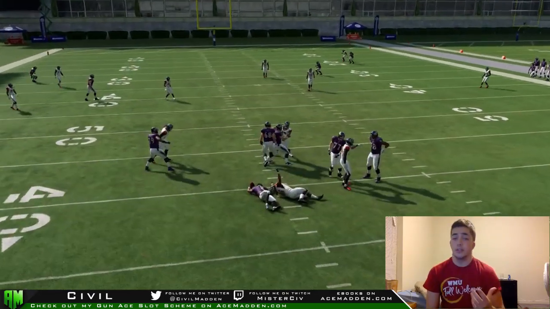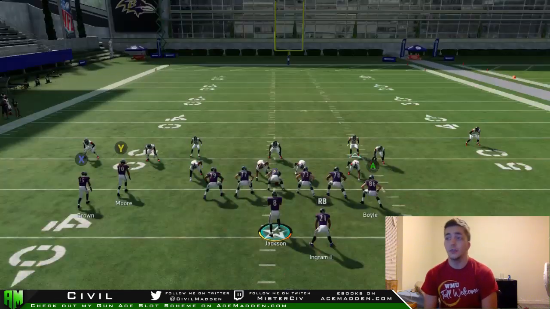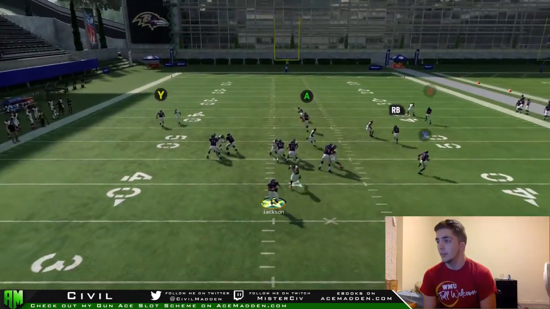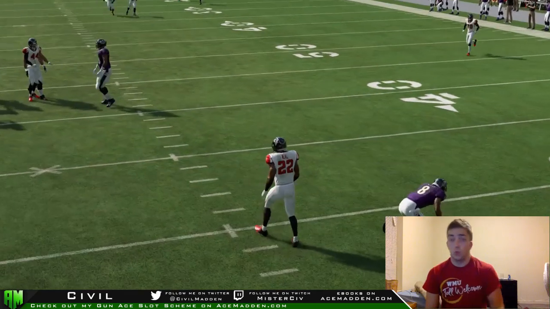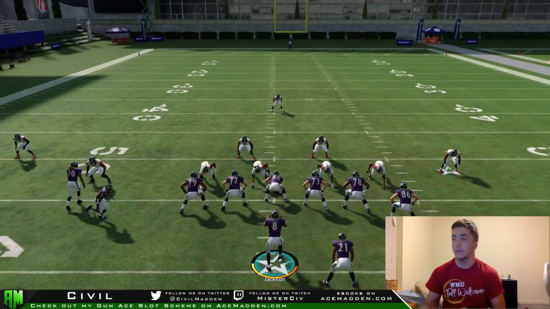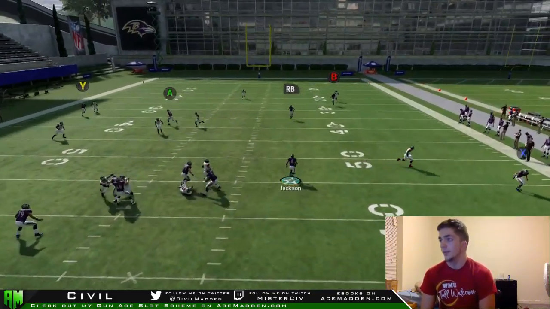Just getting immediately sacked. But the other thing I want to show you guys that you can do from this, and don't forget about this, if you're using a fast quarterback like Lamar or Michael Vick, is simply running with them, and out of a passing play, it makes it a lot more difficult to defend. As you see,